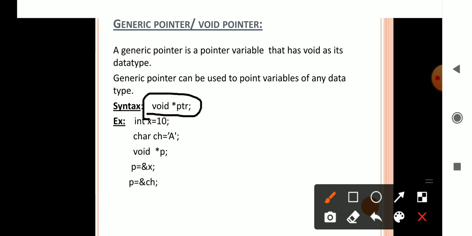So p is equal to address of x. Here I assign the integer object to the pointer. Here I assign the character object to the pointer. So I can assign anything because the pointer is void type. So I can assign any type of data.